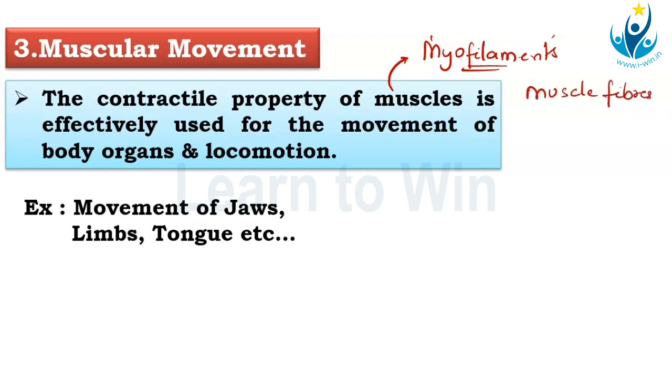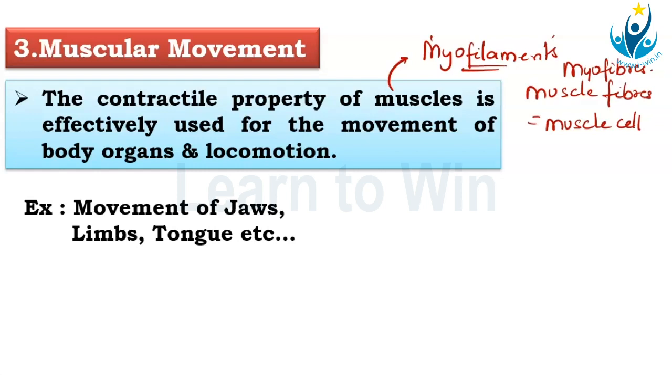Now muscle fiber is equal to the word muscle cell. Muscle cell or muscle fiber, there are two terms for the same structure. Because the cell is elongated, we call it muscle fiber or myofiber. It is also called myofibers. So the contraction of the muscle is due to the movement of the muscle fibers, which is in turn caused by the myofilaments.